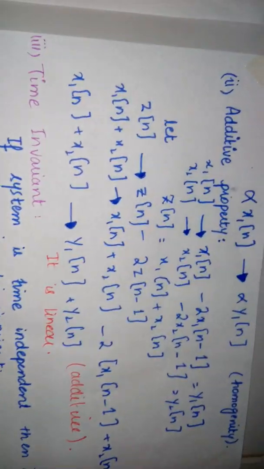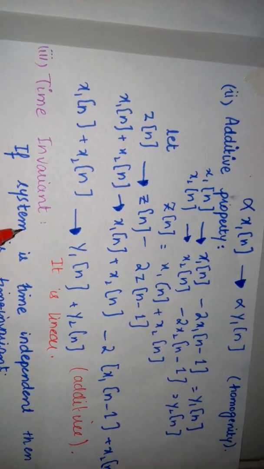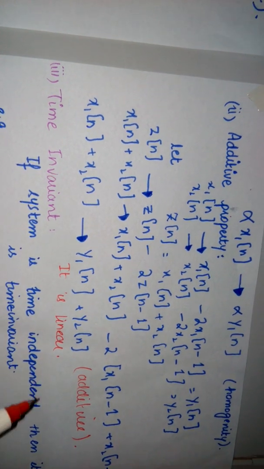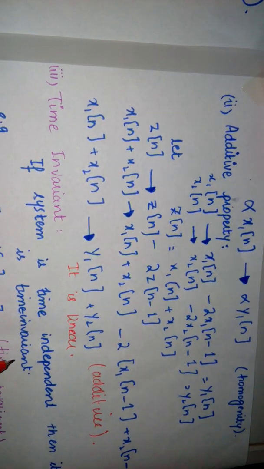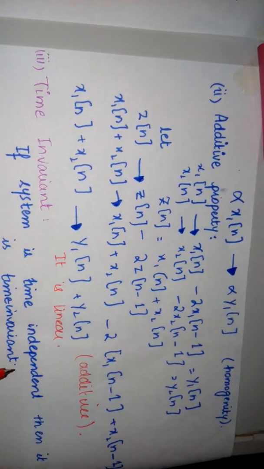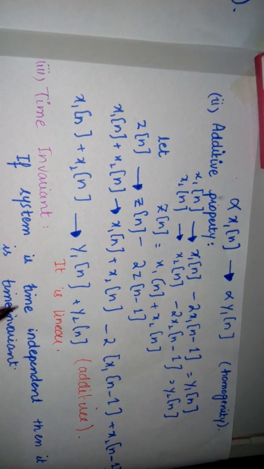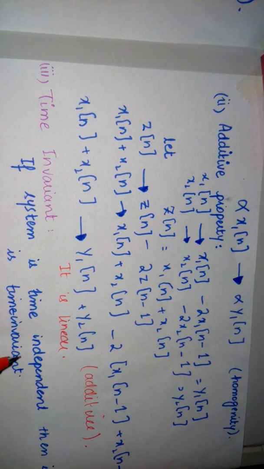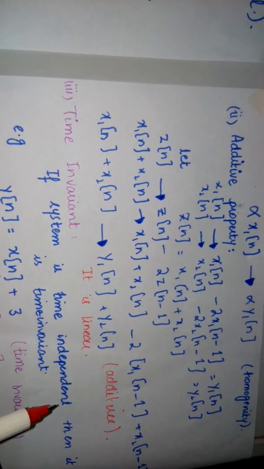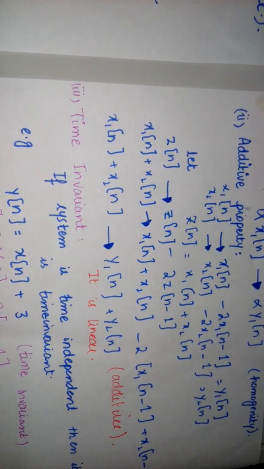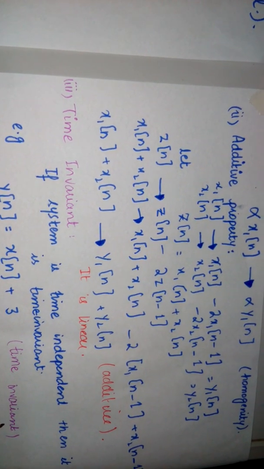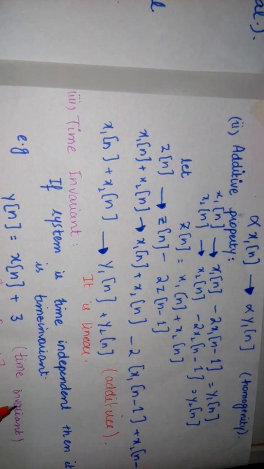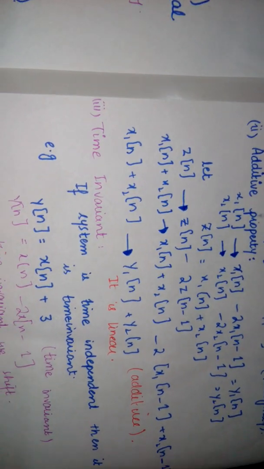Next important property is time invariance. If the system is independent of the time, then it is time invariant. And the reverse is time variance, which is if the system is dependent on time, then it is time variant. For example, if y of n is equal to x of n plus 3, it is time variant. Now I explain why it is time variant. First of all,